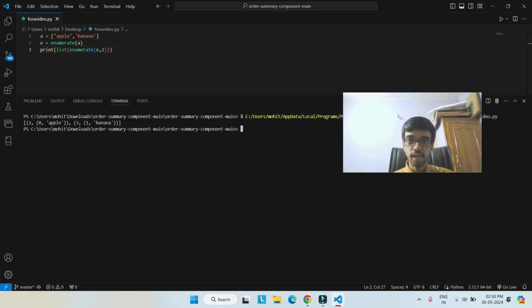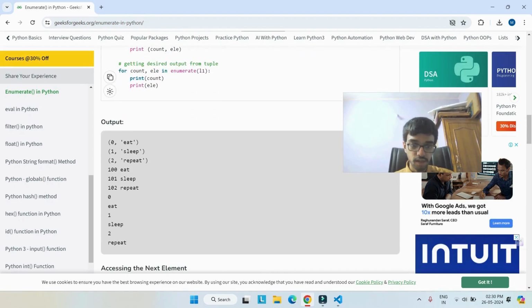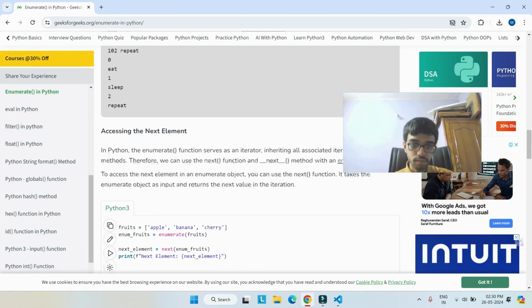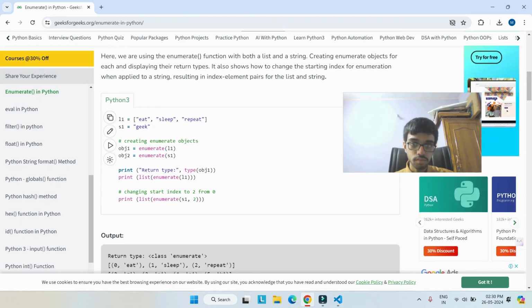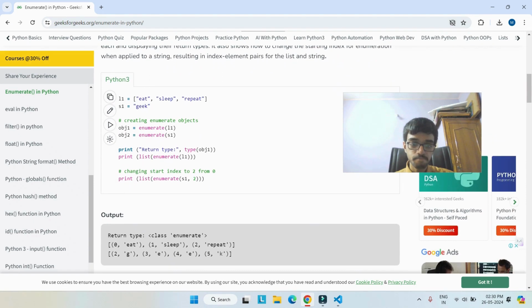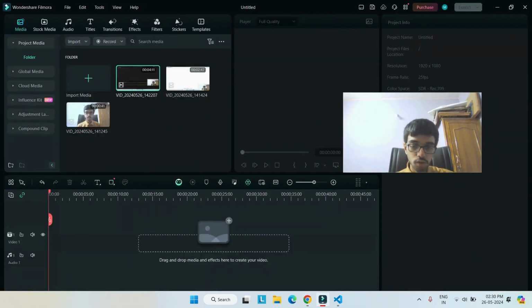Let's just go to Geeks for Geeks and find out how they do these things. I observe that they have used print list of enumerate the string or list or whatever input they have given with an index that starts from some number.